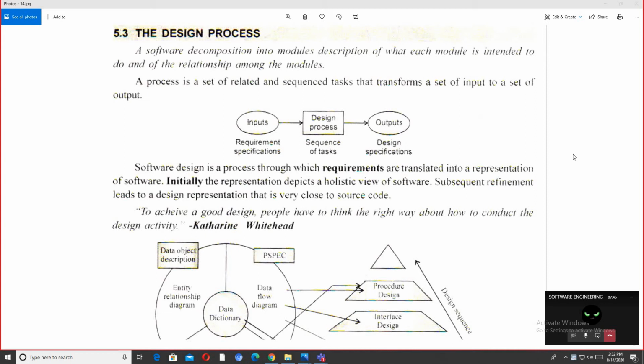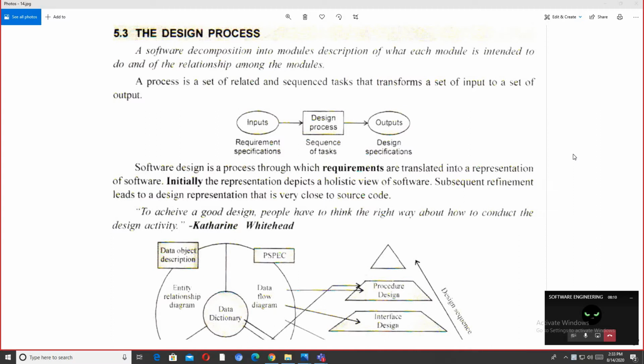So we were talking about design, software design. Now we are going to talk about the software design process. So let's go with the definition. A software decomposition into modules, description of what each module is intended to do, and of the relationship among the modules. So we were talking about this: how to create modules and further divide a problem into smaller problems to